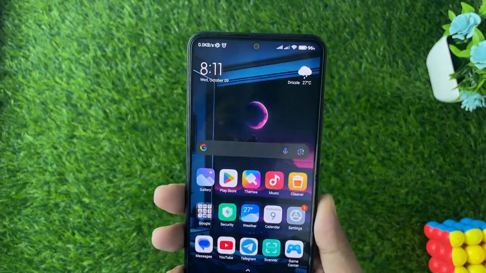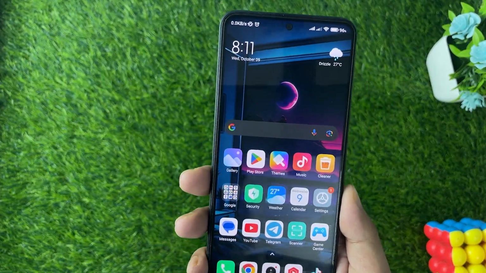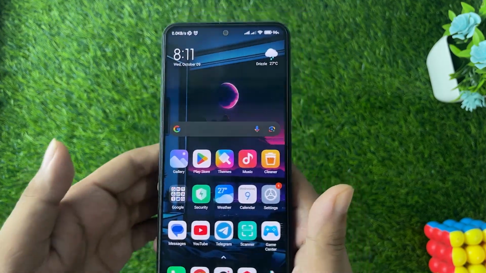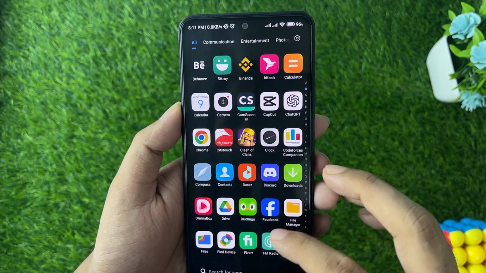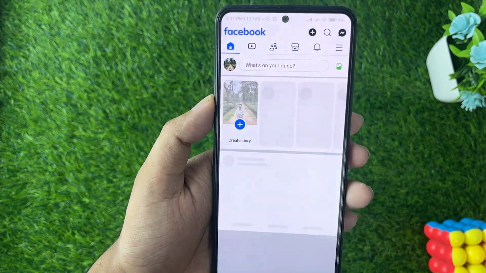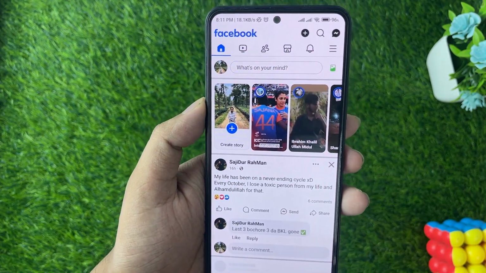So here's how to turn off friend request on Facebook. It's quite a simple and easy thing to do. So let's get started. First of all, let's just open up the Facebook application, and then from here you need